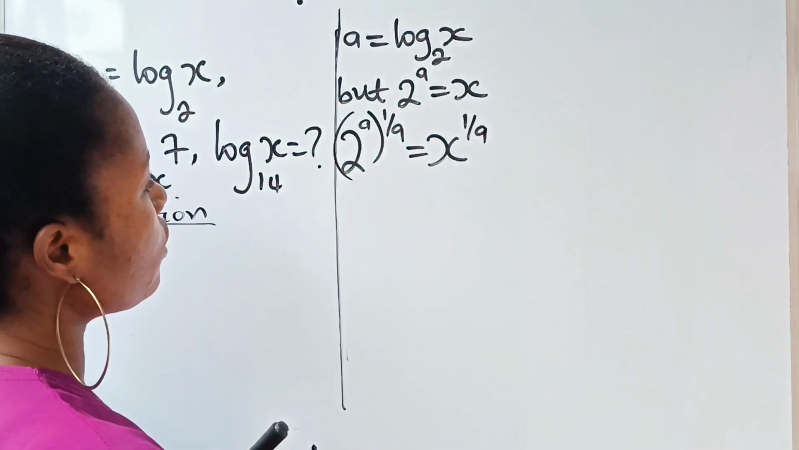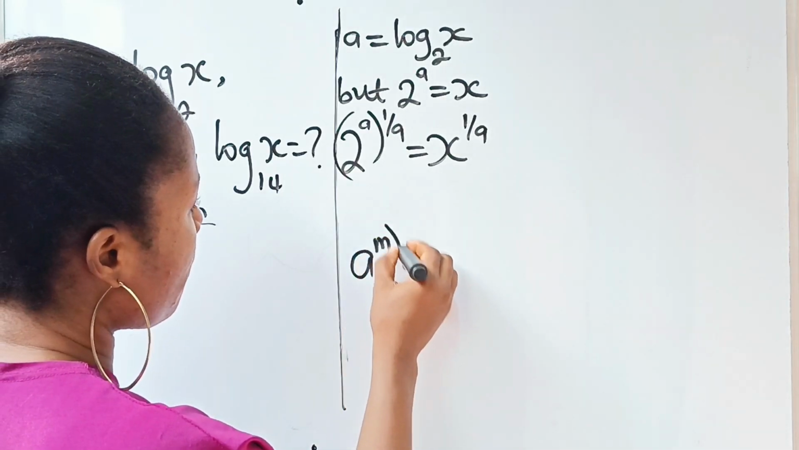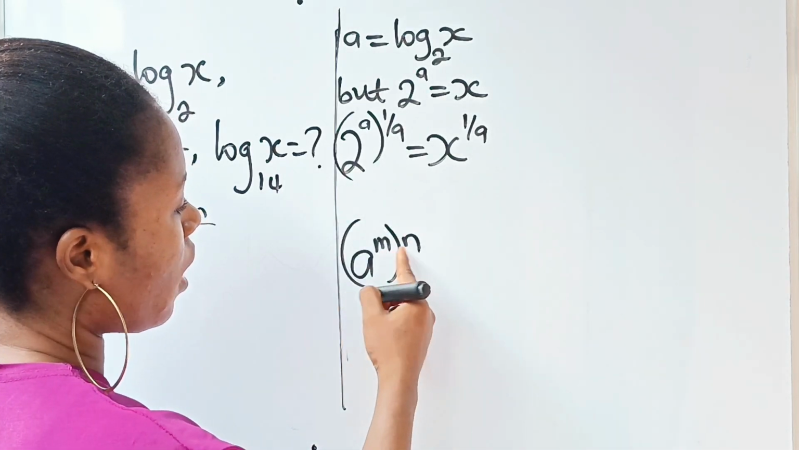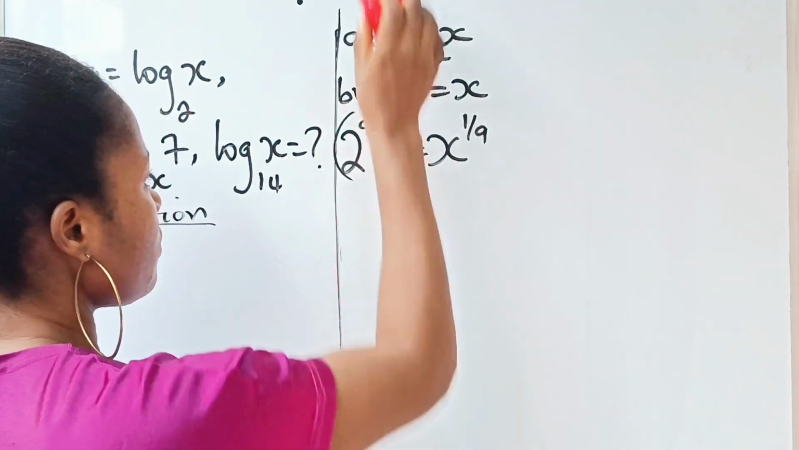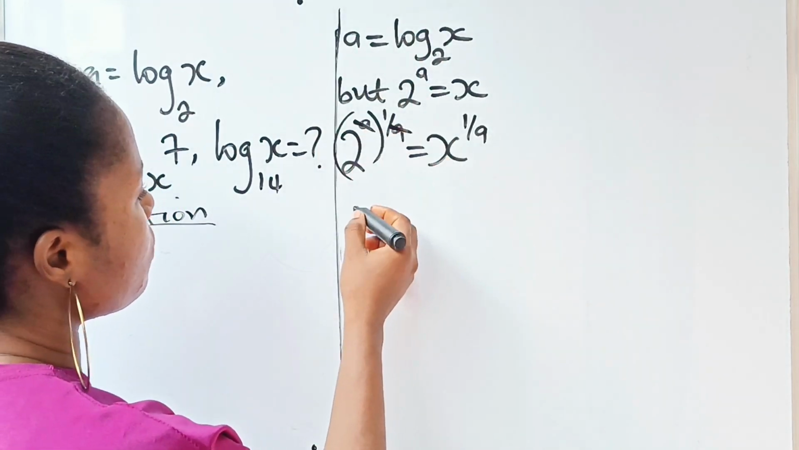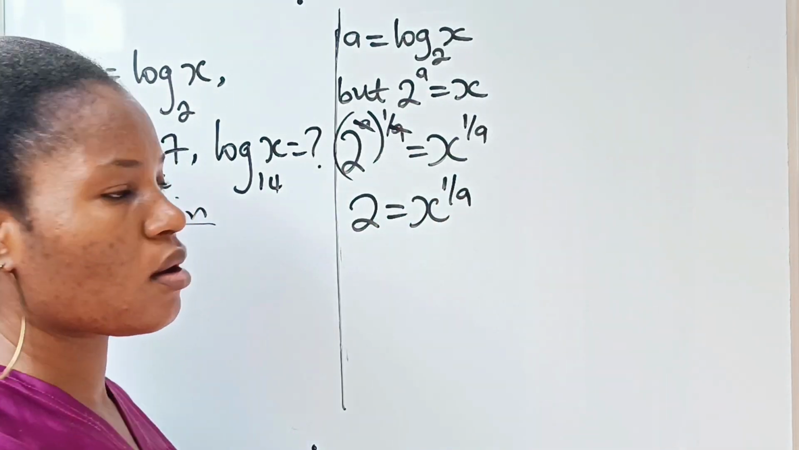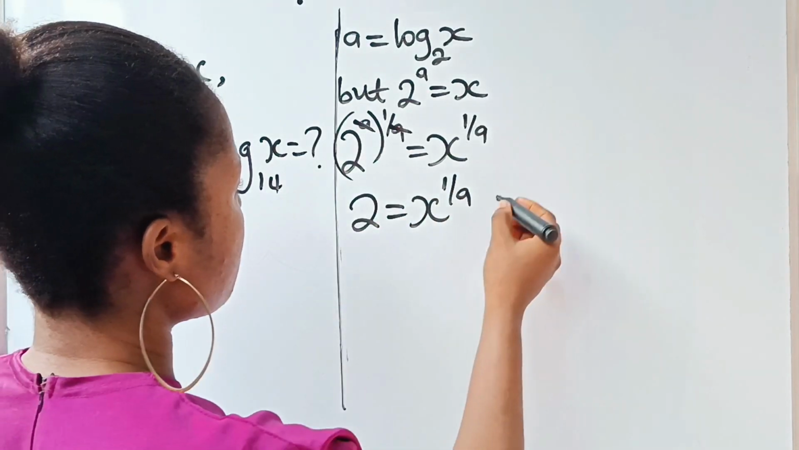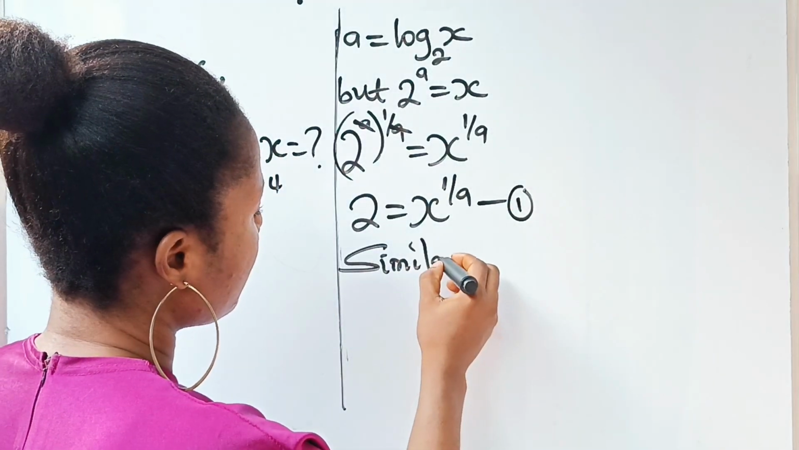Okay, so if we do that, when you have a number a raised to the power of m raised to the power of n, you can multiply this and this, right? So that means that we can multiply this and this to have only 2 is equal to x raised to the power of 1 over a. All right, so we can call this equation 1. Then similarly,